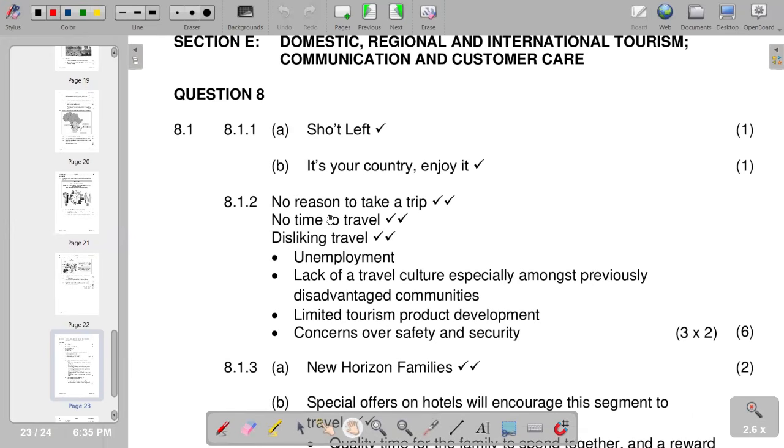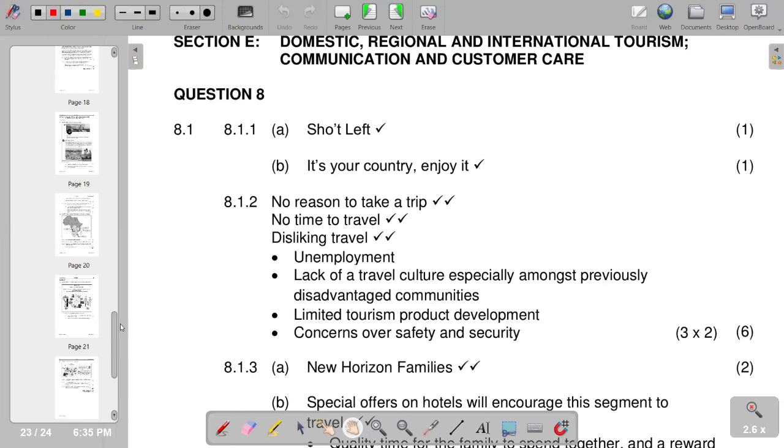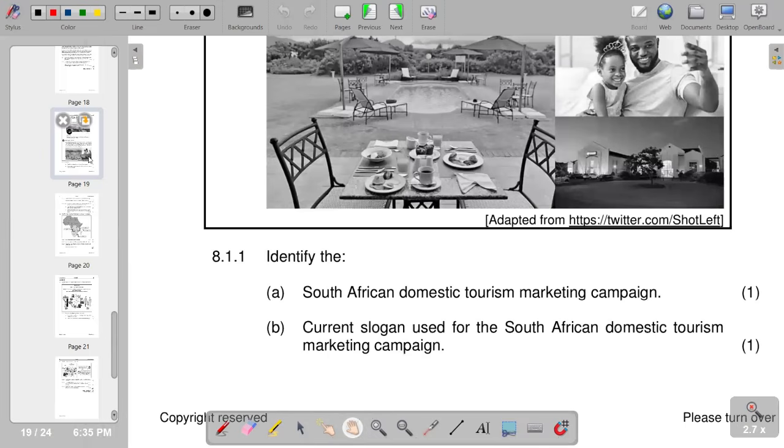One of them is no reason to take a trip. Also, it can be a reason of no time to travel, maybe due to work, a dislike of travel, unemployment, a lack of travel culture, especially amongst previously disadvantaged communities, limited tourism product development, and concerns over safety and security also can be a reason. So from that, we move on to the next part, whereby